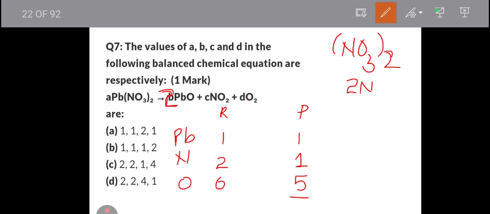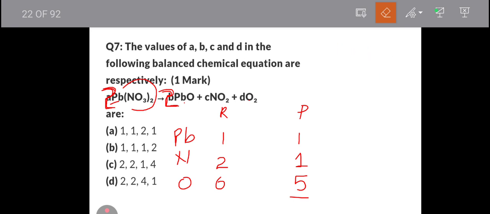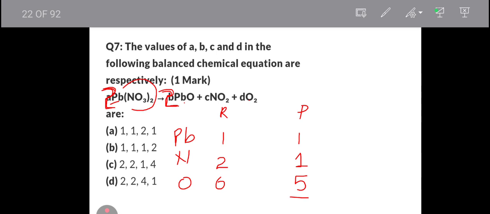Once we added 2 here, the lead became unbalanced. Here there will be 2 lead, and here there will be only 1 lead. So you will put 2 over here again. Once you put 2 here, this whole thing will again get unbalanced, right? So what will you get? You will get it like this, right? 2